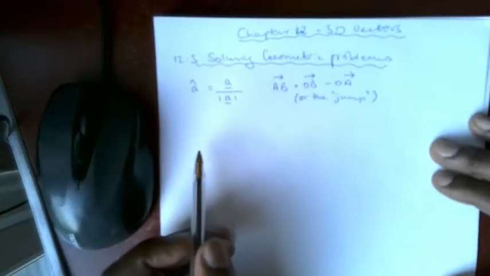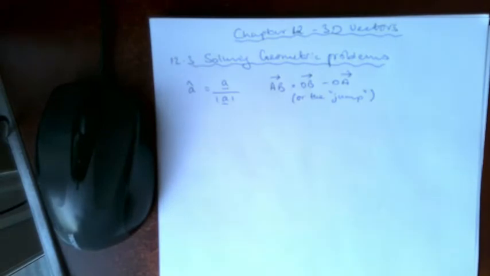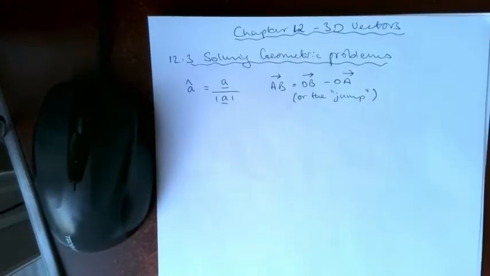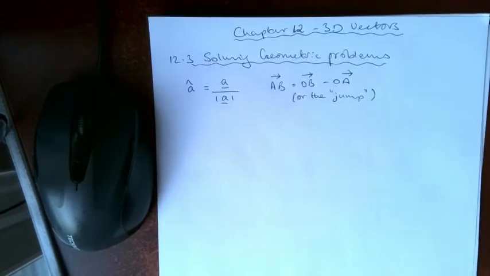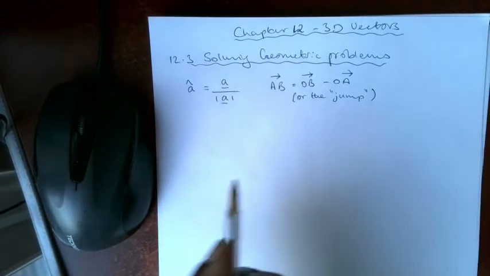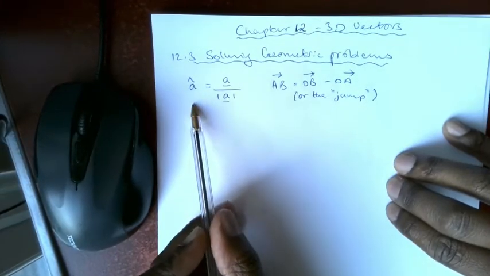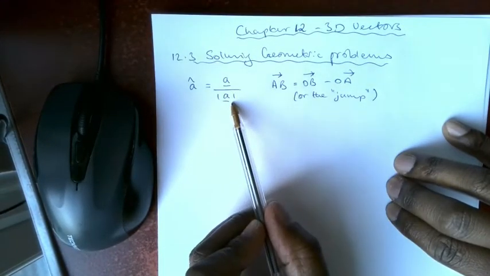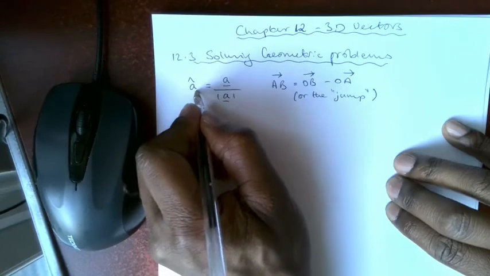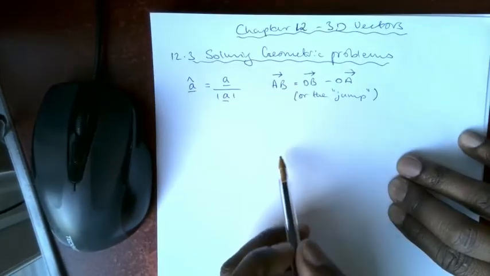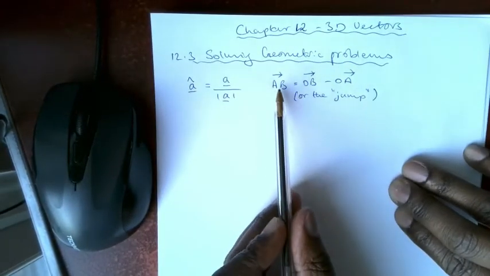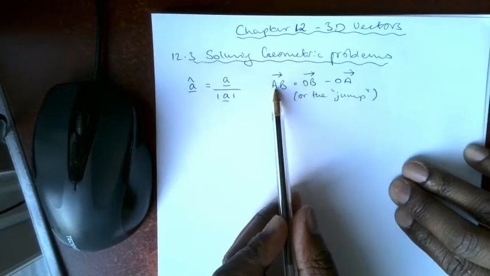So this video covers section 12.3 in the 3D vectors chapter, and just a quick recap. We know that a unit vector is the vector divided by its length, and that little hat shows that it's a unit vector of length 1. And if I want to find how to get from A to B,